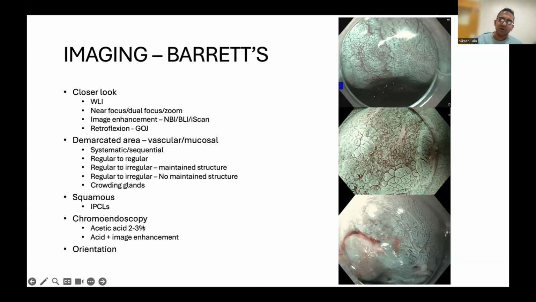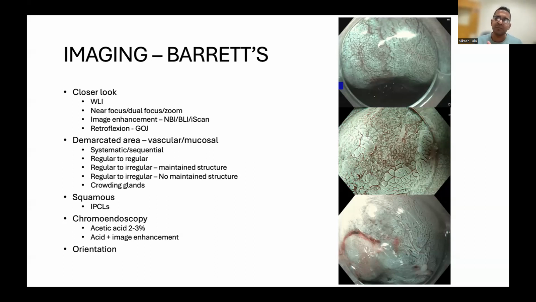And then just remember orientation, because that's important for not only you, not only your surgeon, who might need to take out the lesion, but also your pathologist. So you want to correctly orientate lesions. Now, orientation can be tricky. We talk about anal and oral, or proximal and distal, but we also talk about the clock face. Now, remember, the clock face is variable because you can easily bring 6 o'clock to 12 o'clock by rotating your scope. So you need a reference landmark.